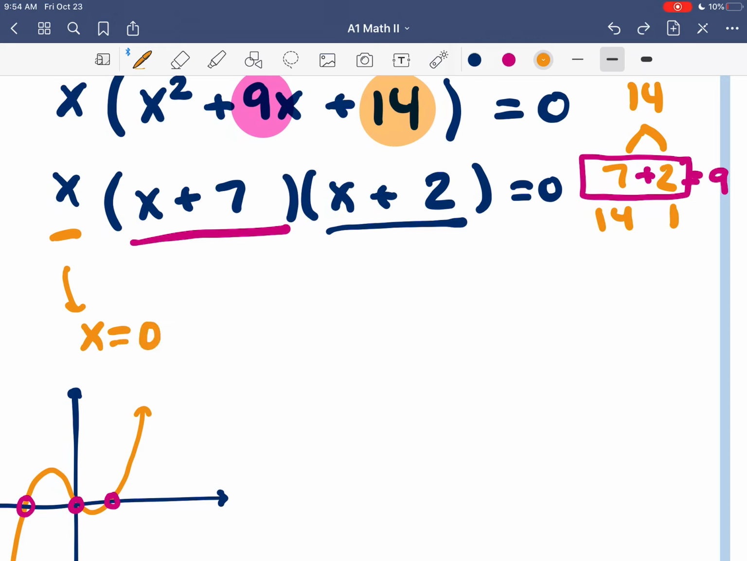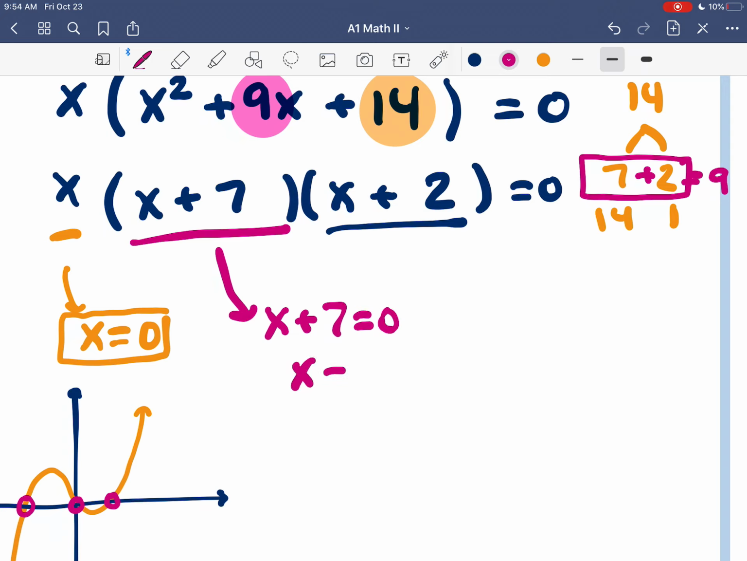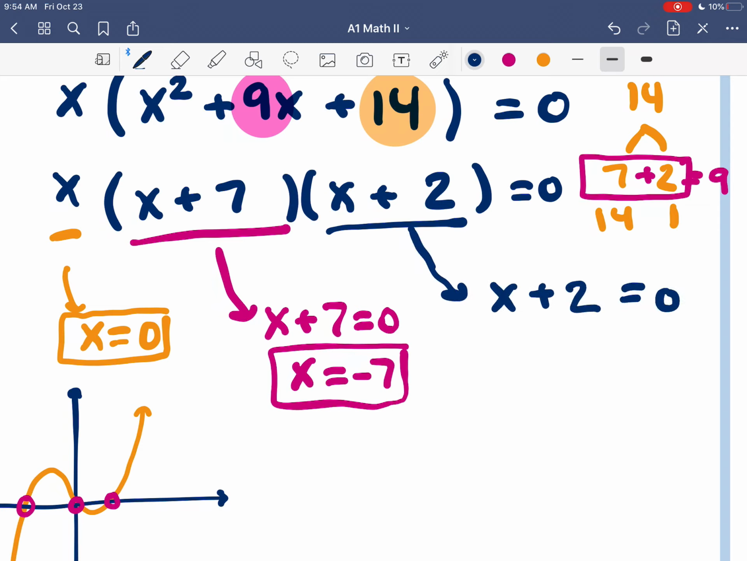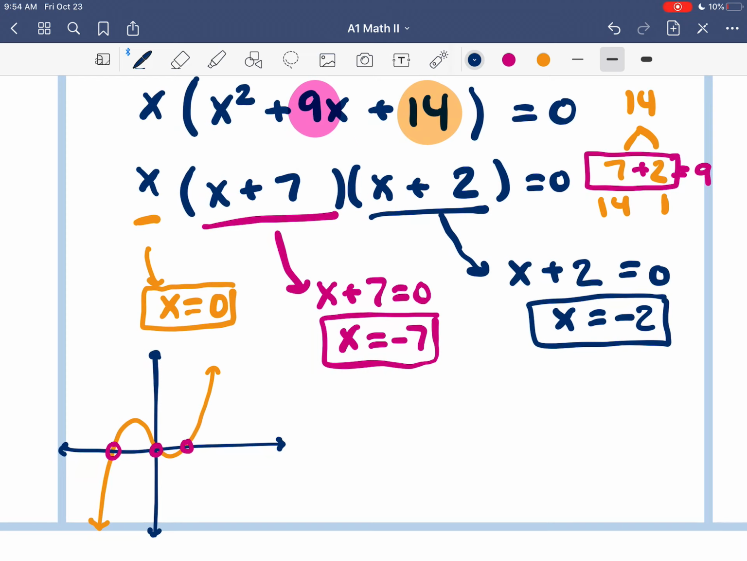So we end up with x equals 0 for that first one because x is by itself and it's already sort of solved. X plus 7 equals 0 gives us the answer of x equals negative 7. I didn't do that middle step. Hopefully you can make that jump. And then x plus 2 equals 0 gives us a solution of x equals negative 2. So we have a